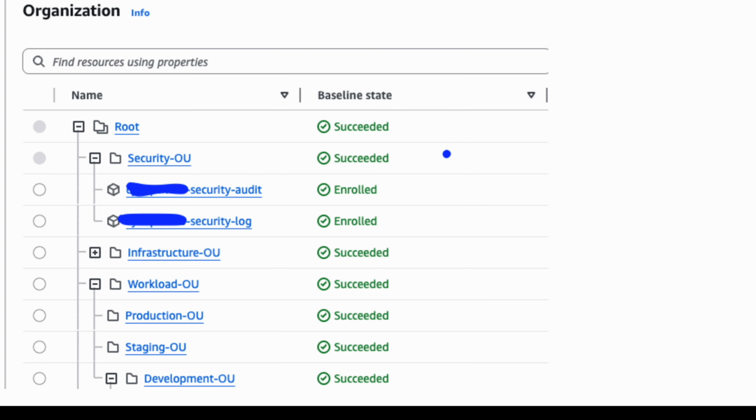So in my previous video, I set up the landing zone. And once you set up the landing zone, this is how your organization looks. You will see the security OU, and under that, these two accounts get created in an automated way. After that, you will create the OUs as per your requirement, and you can create all these OUs using Terraform also. Make sure that whenever you create these OUs, they are registered. If they are not registered, then the AFT functionality will not work as expected.